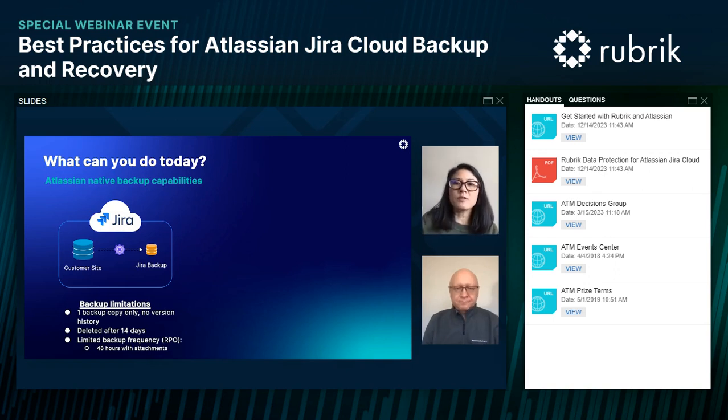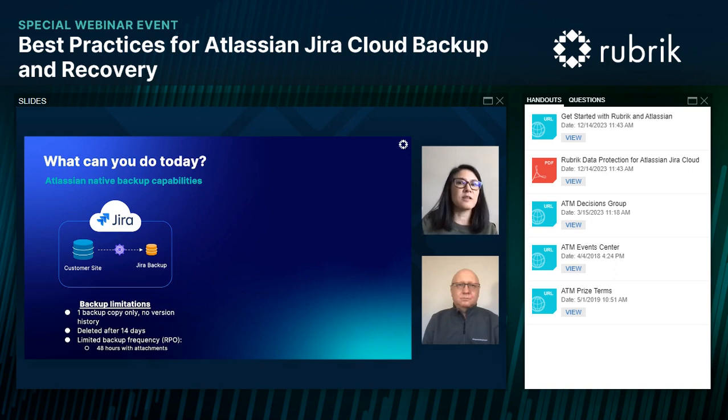One thing customers should be aware of when they use or evaluate this, to see if it's really the solution they need for the backup and recovery use case, is to understand the limitations. Today, with the Backup Manager, customers can create a full backup copy, but keep in mind it's not automated, it's on demand.